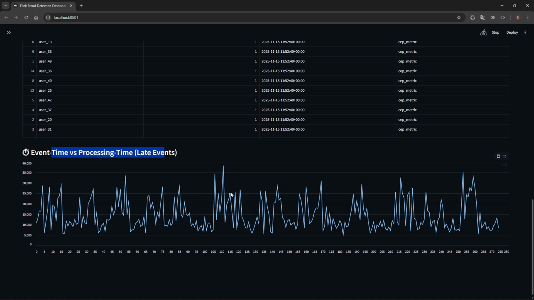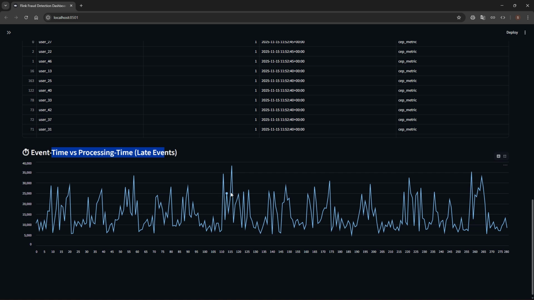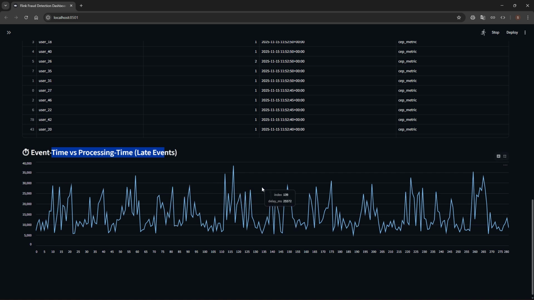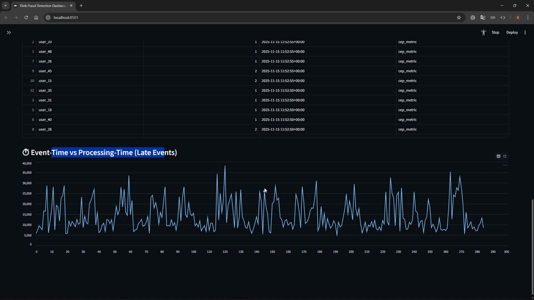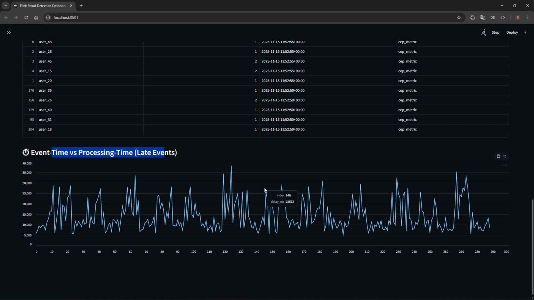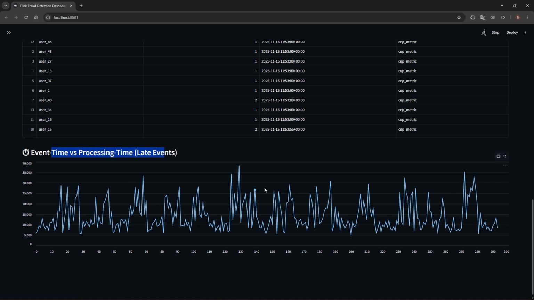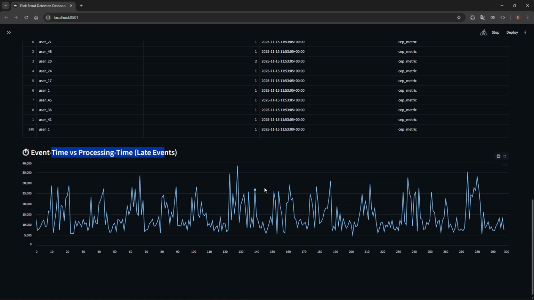This is mostly how real fraud detection systems in banks work. They combine rule-based windows, pattern detection, and late event handling. So that's the full pipeline: live data generation, real-time Flink streaming, event time windows, late event detection, SEP style pattern matching, and a real dashboard that shows all your results. As you can see, this demonstrates why Flink is used in production for fraud detection, monitoring, IoT analytics, and high